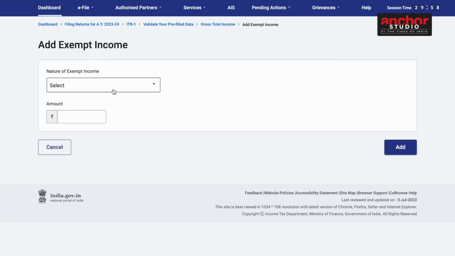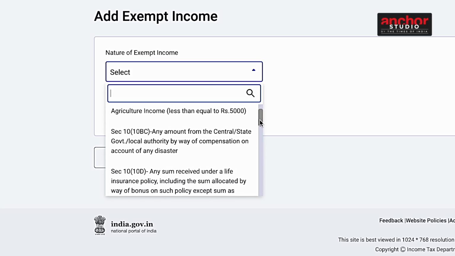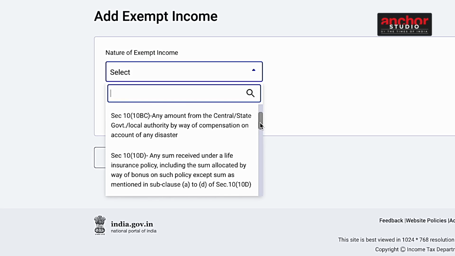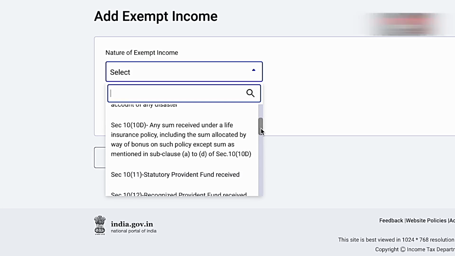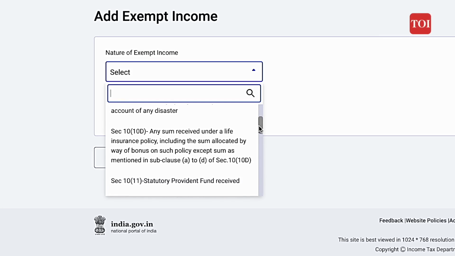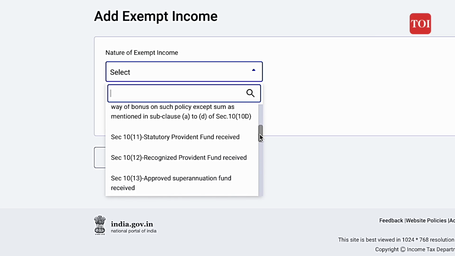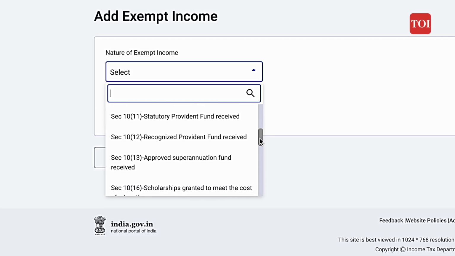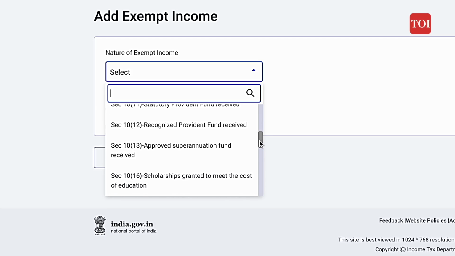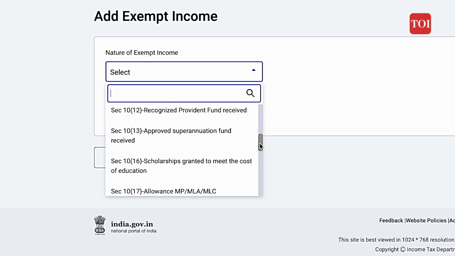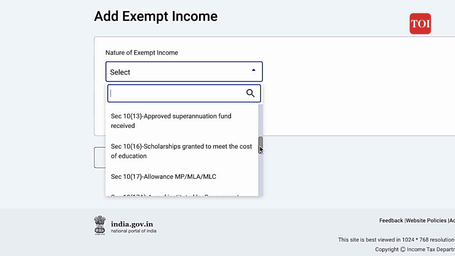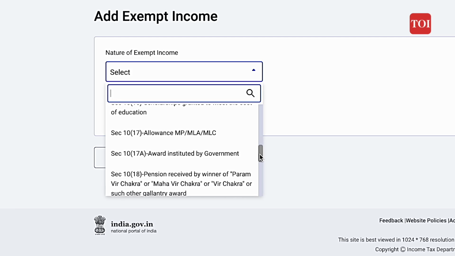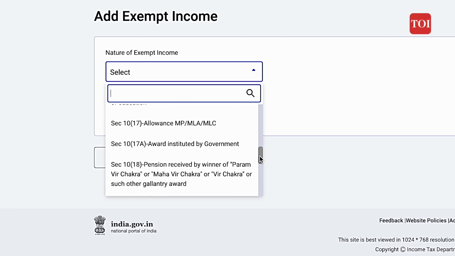Exempt income may be from agricultural income which could be less than 5,000 rupees, any amount from the central, state government, local authority by way of compensation on account of any disaster under section 10(10)BC, any sum received under life insurance policy including the sum allocated by way of bonus on such policy except as mentioned in subclause A to D of section 10(10)D, statutory provident fund received under section 10(11), recognized provident fund received under section 10(12), approved superannuation fund received under section 10(13), scholarships granted to meet the cost of education under section 10(16), allowances to MP, MLA, MLC under section 10(17),